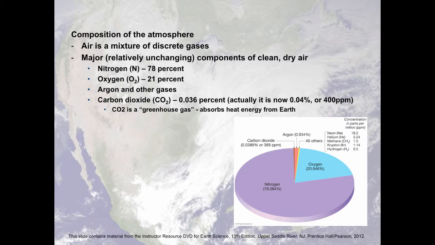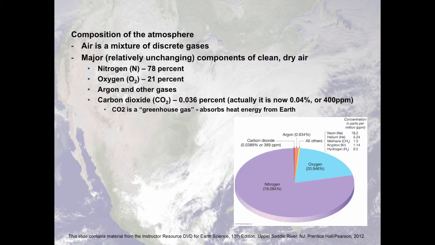That is, there's 400 molecules of carbon dioxide in a million molecules of air. That's the same as 0.04%. That is 0.04 molecules of carbon dioxide in 100 molecules of air. That doesn't make a lot of intuitive sense, because how can you have 0.04 molecules of carbon dioxide? You either have a molecule or not. And so when you extend that percentage out, what it really means is there's 400 molecules of carbon dioxide per million molecules of air. Your textbook says it at 0.036%, but actually that's a dated